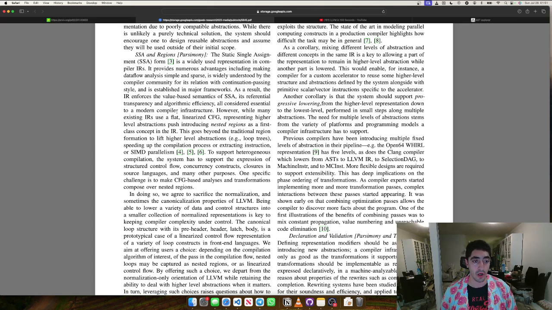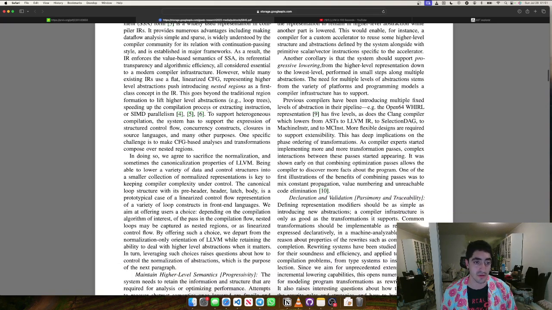However, while many existing IRs use a flat linearized CFG, MLIR introduces nested regions as a first class concept in the IR. This goes beyond the traditional region formation to lift higher level abstractions: loop trees, speeding up the compilation process, or extracting instruction or SIMD parallelism. Okay, so